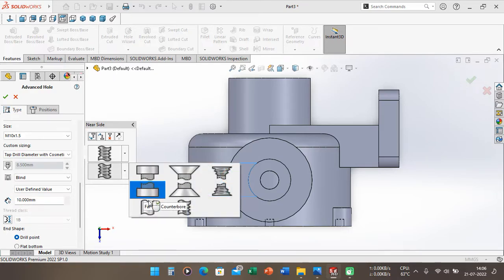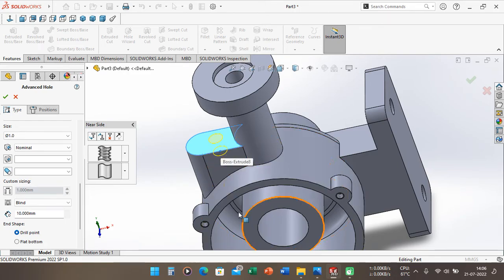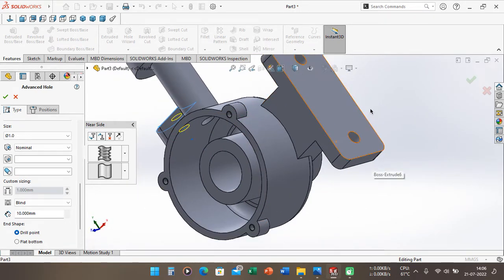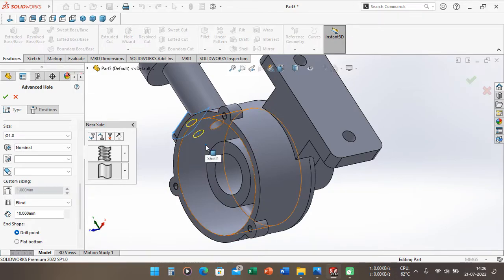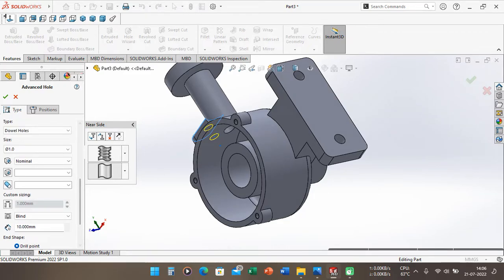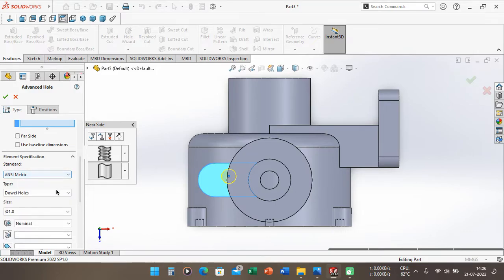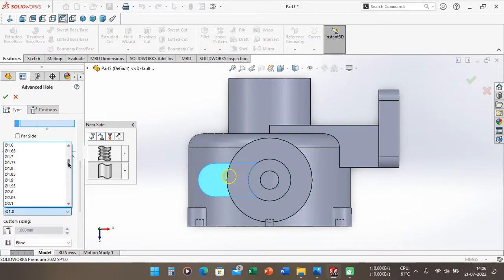We can choose the hole here to make the hole from this face until this face, and I want to make a hole here until this face inside of this hole. So on here, wait a second, we can choose here to be unsymmetric. On the type of this hole, I choose the drill size here, and the size is 4 millimeter.